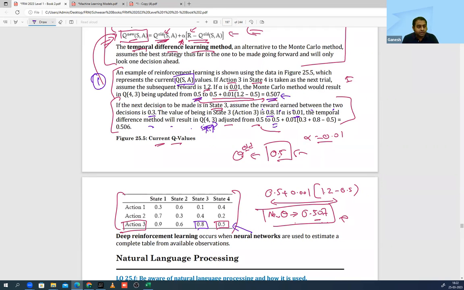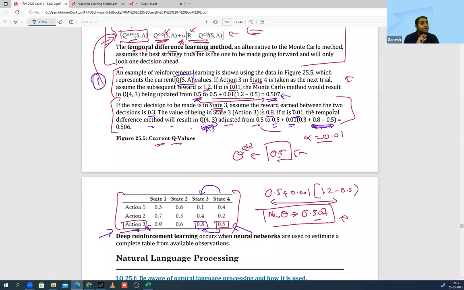The original Q value is taken. Okay. This is my alpha and this 0.8, and this new one that is coming, this is a difference between this state and this state. Can you see it? So it means that last time state 4 was a situation and you had taken action 3, my bad. And now the situation is changing to state 3. Okay, so earlier you were here and now you are moving to state 3. Okay, the same action is happening.